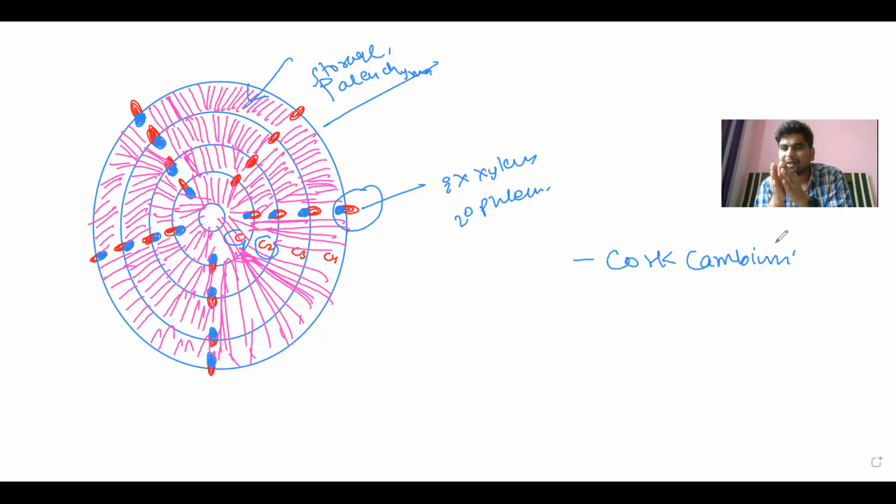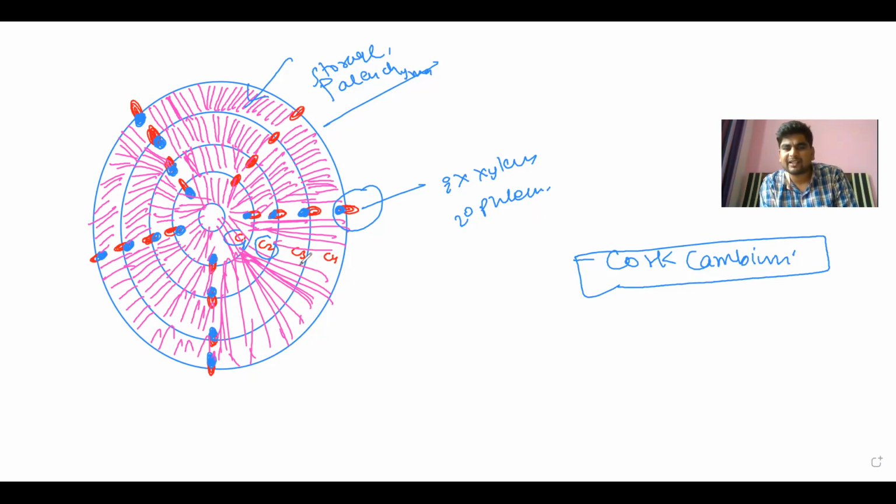Whenever the parenchyma is increasing the thickness from inside, there must be an opposite pressure which should hold that mass. If something is increasing and there is nothing to hold it from the outside, that mass will be scattered altogether on the outside. So whenever the cambium is increasing the thickness from inside, from outside also a cambium, called the cork cambium, shows its activity simultaneously. It will not wait until the thickness increases from the outside and then appear. It will act simultaneously along with the vascular cambium.